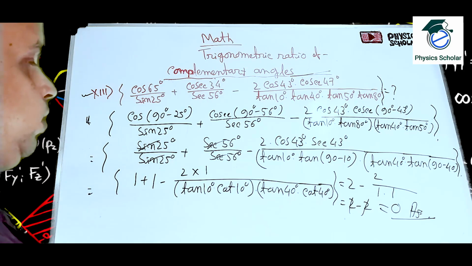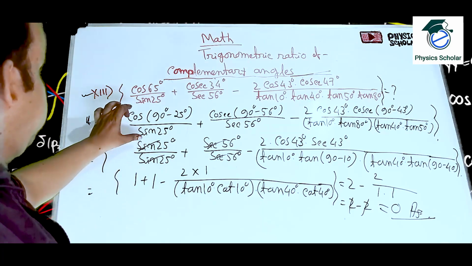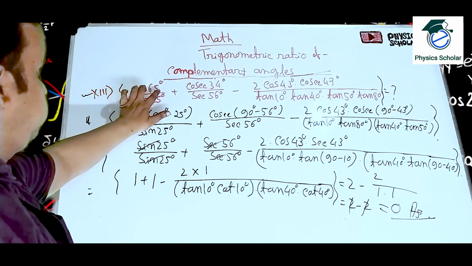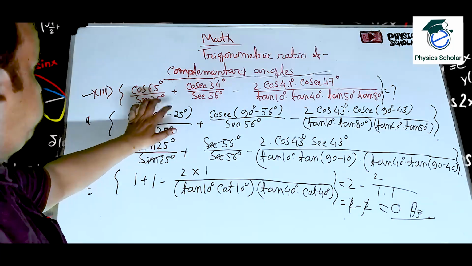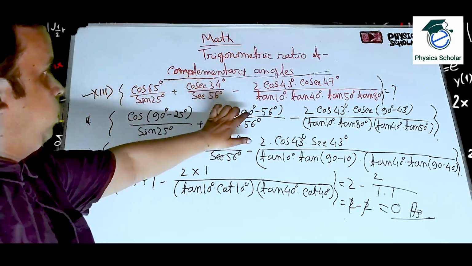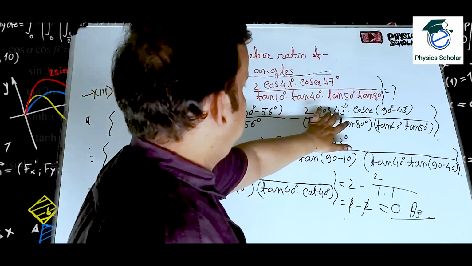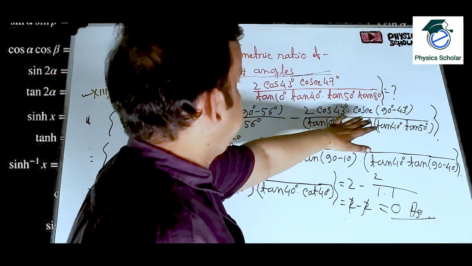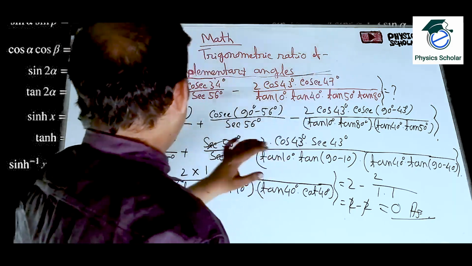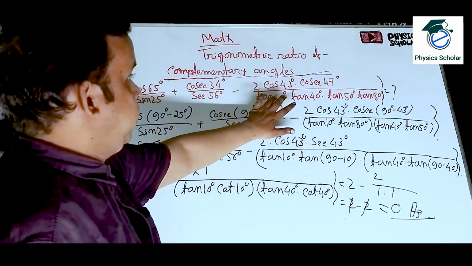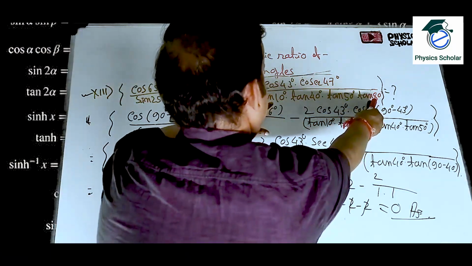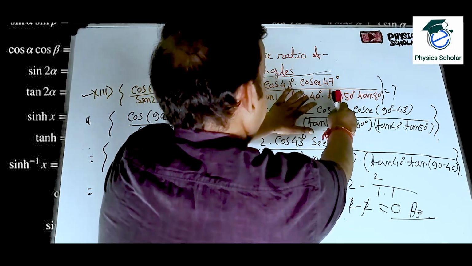So students, it is easy sum. So here these two are complementary, so we are changing the values, clear, 90 minus 25, and here also 90 minus 56 means 34, and here also complementary, so cos 43 into cosec 90 minus 43 means 47, clear, and here we are writing these two angles complementary and these two angles complementary, so these two will be